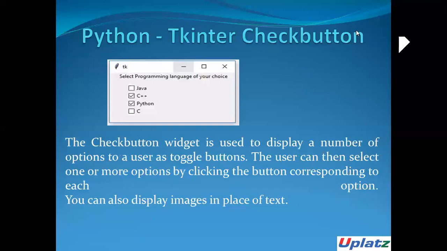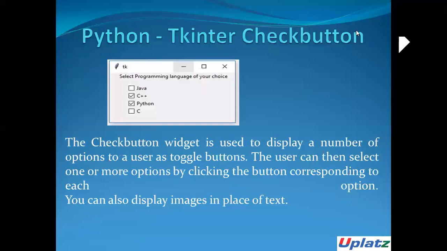Then we have select color, the color of the check button when it is set. Default set color will be red. We have select image. If you set this option to an image, that image will appear in the check button when it is set. We have the state option. The default is state normal, but you can use state equals disabled to gray out the control and make it unresponsive. If the cursor is currently over the check button, the state is active.